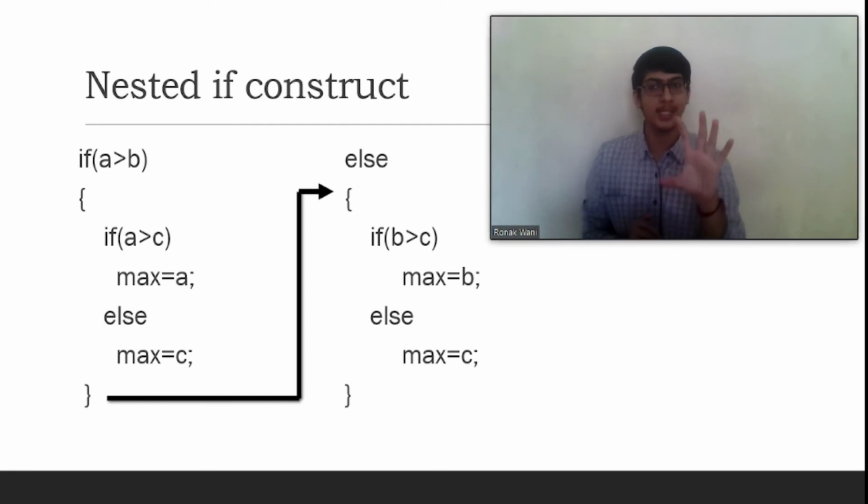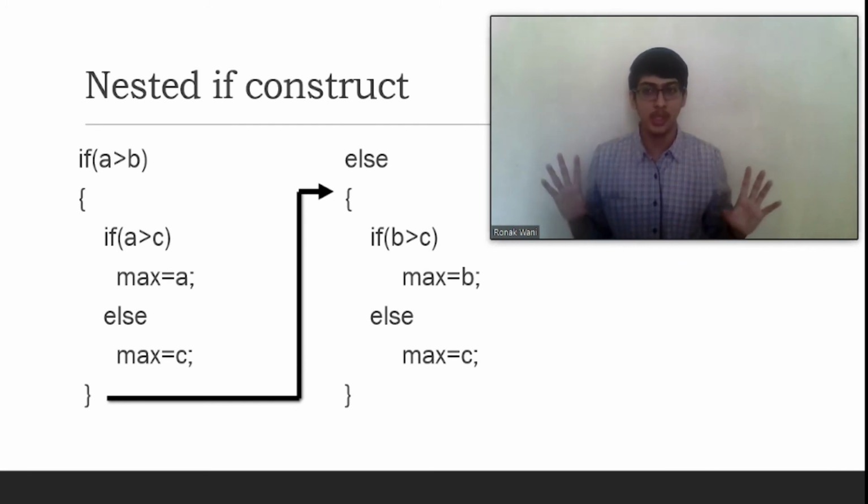So the program goes like this. A point to be noted is that all the three numbers entered by the user will be unique. That is, none of the numbers will be the same. We have already informed the user that they need to enter three different, unique numbers. So you do not need to consider the scenario of whether any two numbers are identical or not. They won't be, and all three numbers are unique. So now we will proceed with the program.